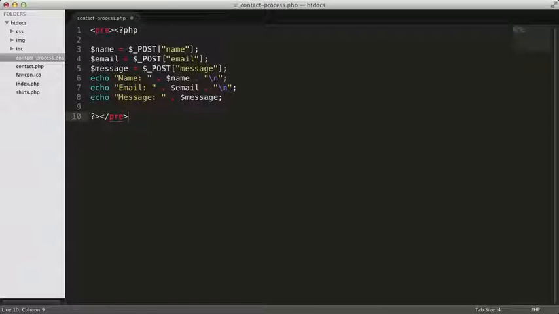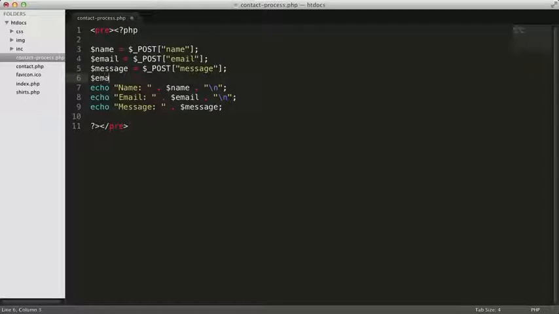When we send out this email, we're going to need the entire body of the email in a single variable. We can't echo out the variables one at a time like we do on this page. Let's create a new variable called email body. We'll set it equal to a blank value to start. Now, instead of echoing out this next line, let's add it to the end of that variable. To do this, we assign the email body variable a value equal to itself plus the text concatenated to the